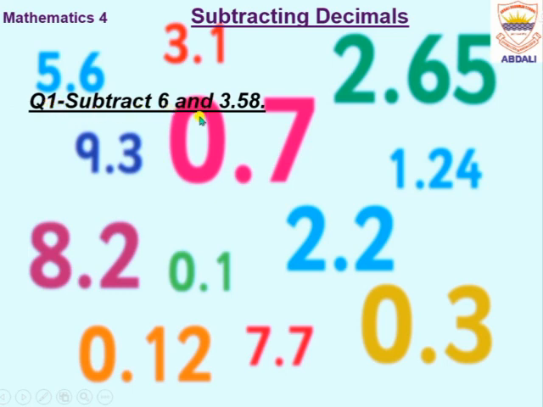Subtract 3.58 from 6. Here you will think about how we will subtract it, because 6 has no decimal in it. You are thinking now, yeah, I know that. So when we have to subtract a decimal number from a whole number,